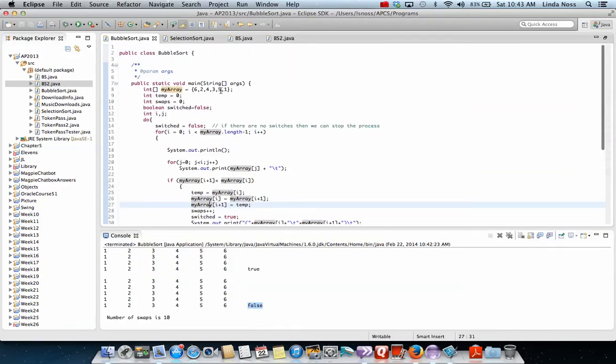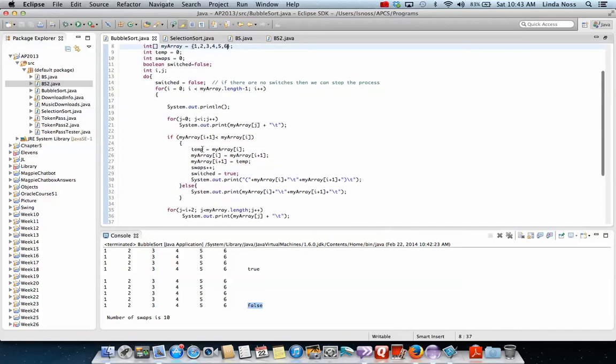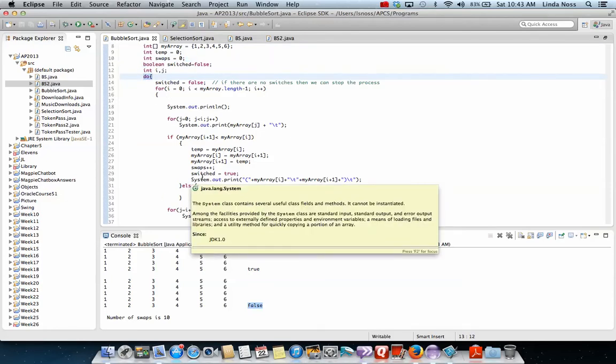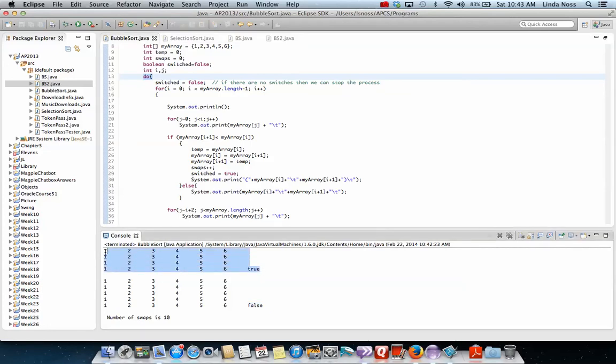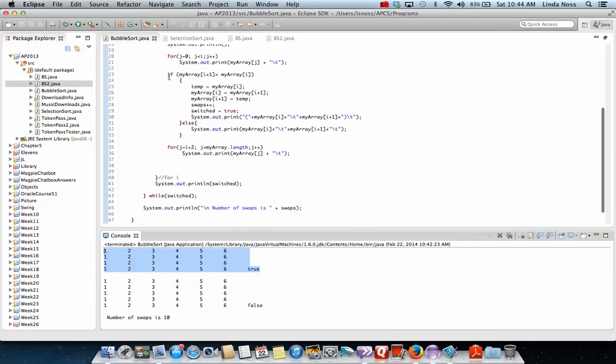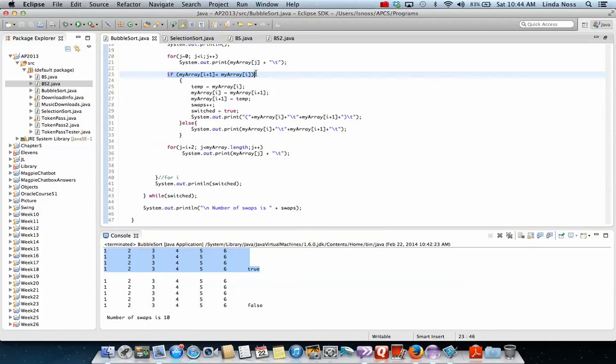Now if I go up here and I kind of flip things around a bit, let's put everything in order, and run this program. Typically what would happen without the switched equals false is we could put this in 2 sets of for loops, but that would force all the comparisons to be made every single time. So I have a 6 element array here. That means every time you go around, it would compare each element to itself, and then would do that times the number of elements. So essentially you'd be using this if statement a lot for something that's already in order,